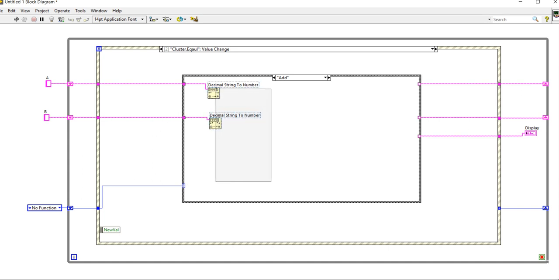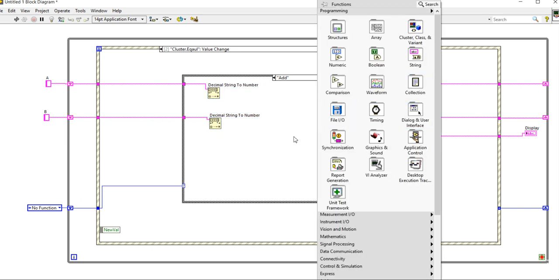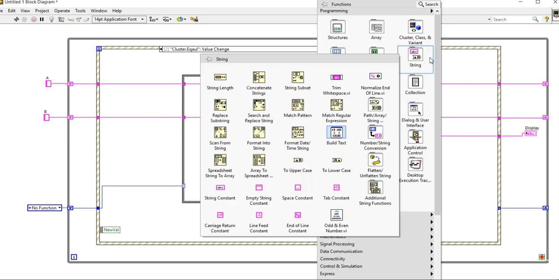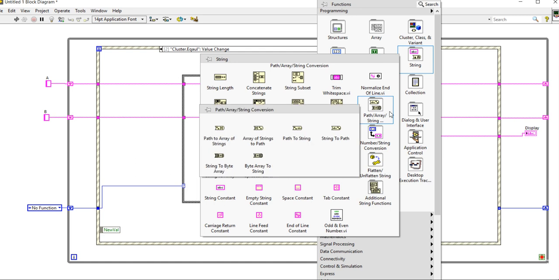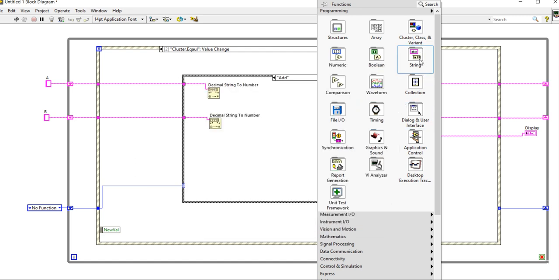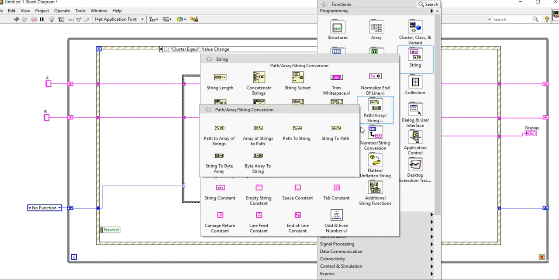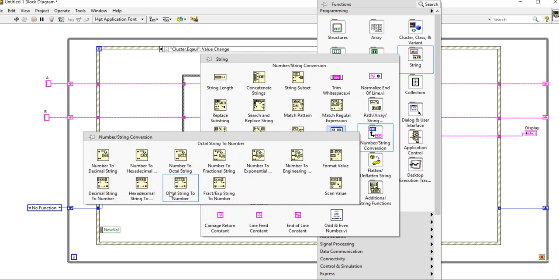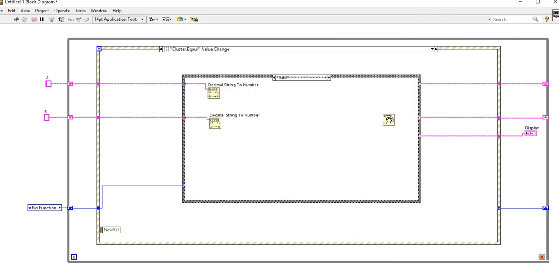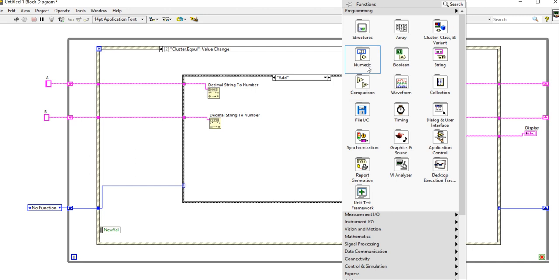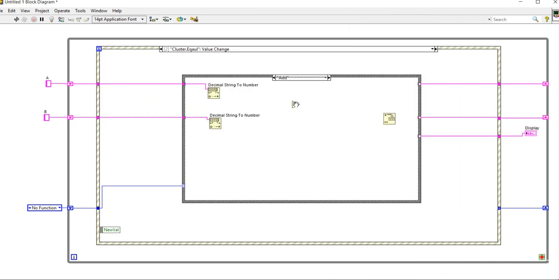Now come here again, come to the string, number to decimal, right click, take add functions, add here.